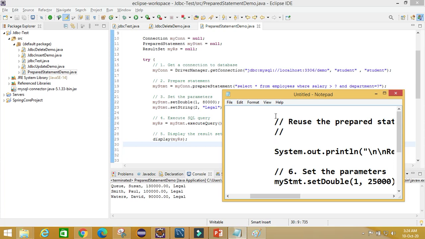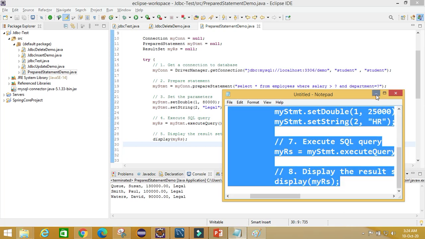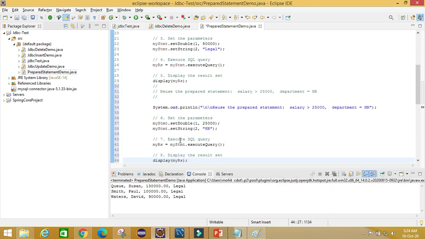Just copy it and save. Now I have put a print statement here: reuse a prepared statement where salary is greater than 25,000 and HR is the department.